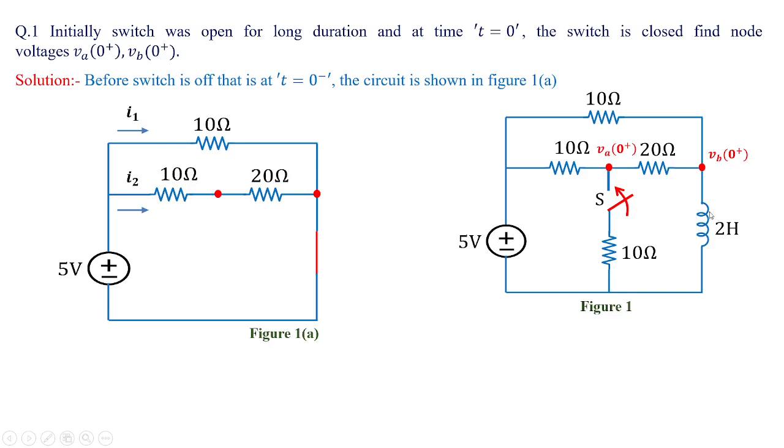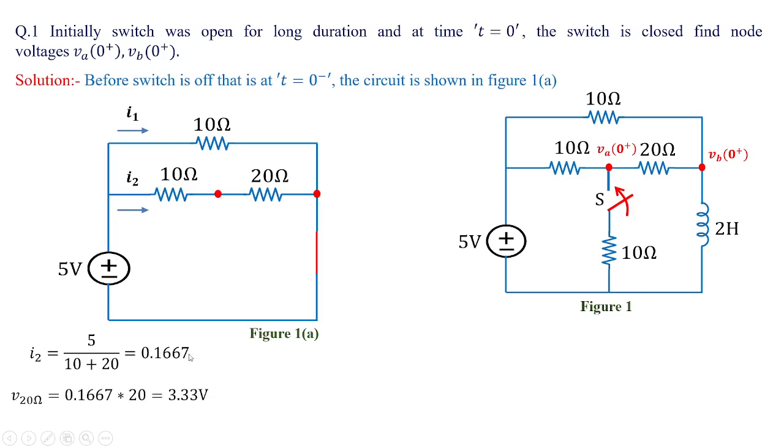Inductor, when it is charged, behaves as a short circuit for long duration switching conditions. So that is why this switch is closed over here. When we are trying to estimate the value of I2, since we need to know the value of voltage over 20 ohms, we'll first calculate I2. The total voltage is 5, which is parallel to this 10 in series with 20, and also parallel to 10. So the value of current I2 would be total voltage divided by the sum of the resistors. So this current is obtained to be